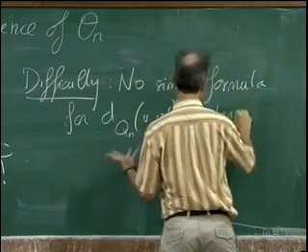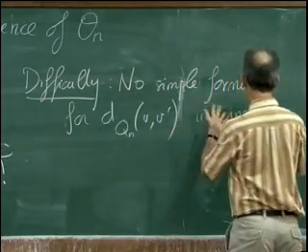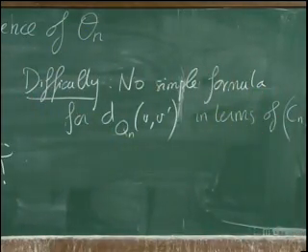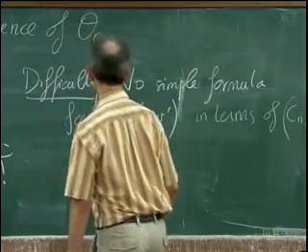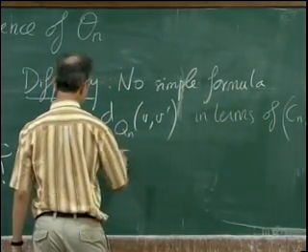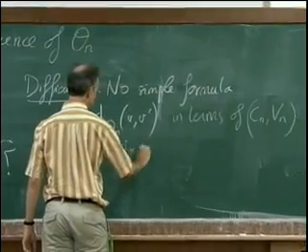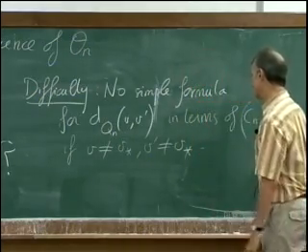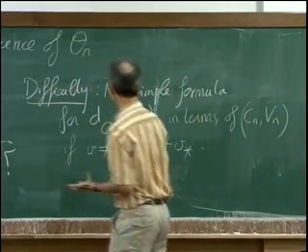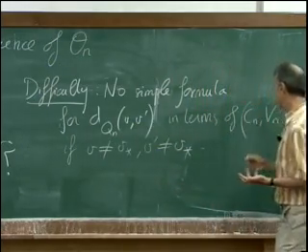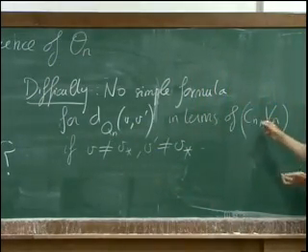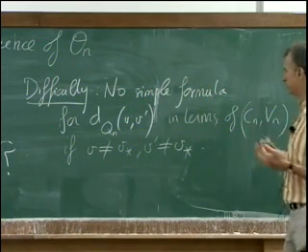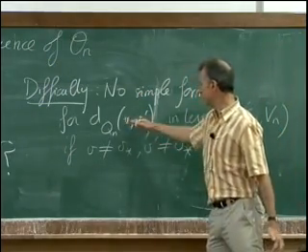So what do I mean by a simple formula? I would mean a formula in terms of these pairs of functions, a contour function and the label function, which we know well. There is no simple formula if V and V prime are two vertices that are different from V star. Of course, this graph distance is completely determined if we know this pair of functions, because then we know the labeled tree, so by bijection we know the quadrangulation. But there is no simple expression, okay?